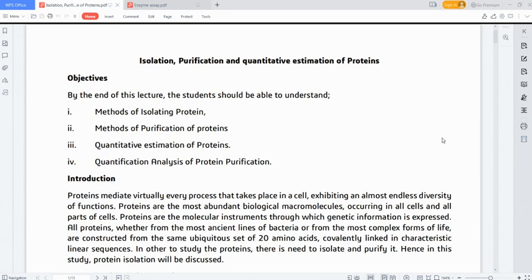A particular cell can house hundreds and hundreds of proteins in just one single cell, and then it becomes very, very necessary for you to know how you're going to isolate or extract this particular protein in the multitude of other proteins, owing to the fact that proteins control virtually everything in the life of an